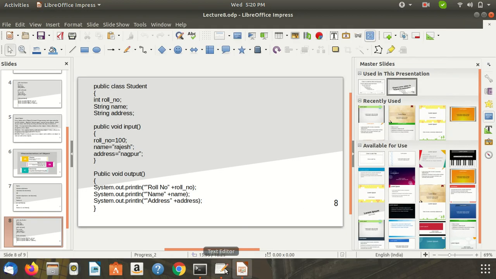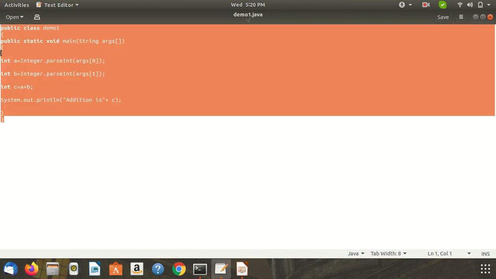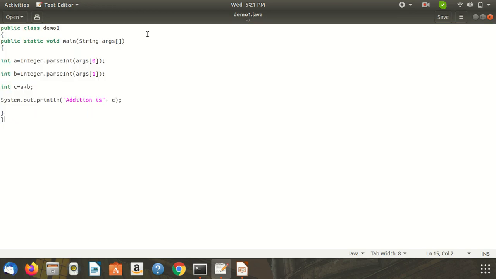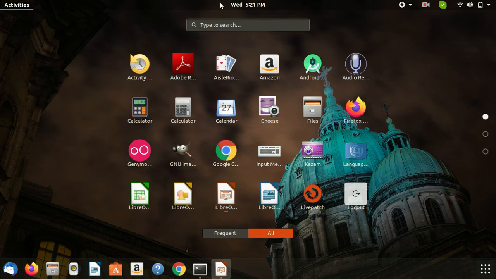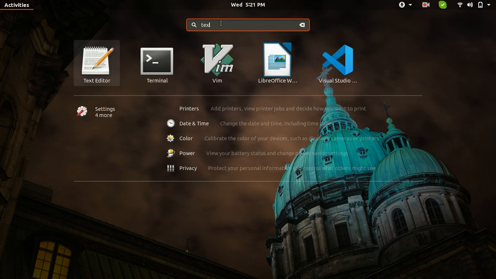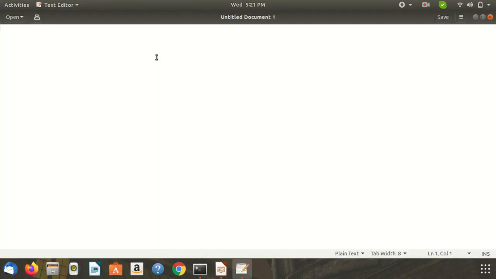using the text editor. Here we define the class: public class Mobile.